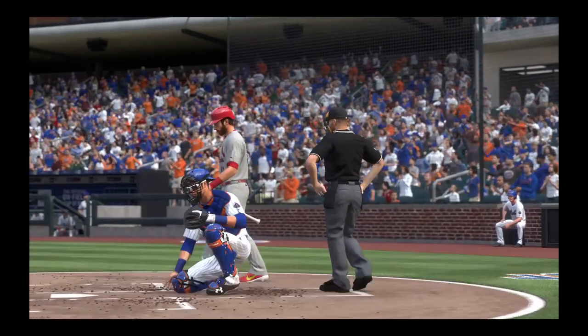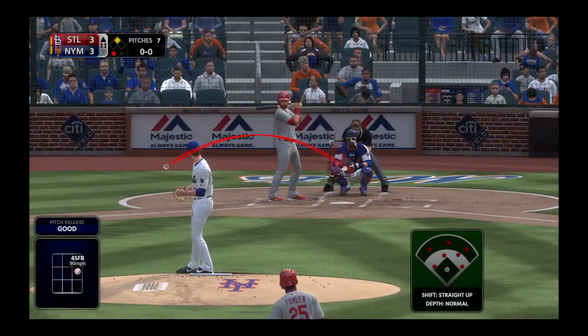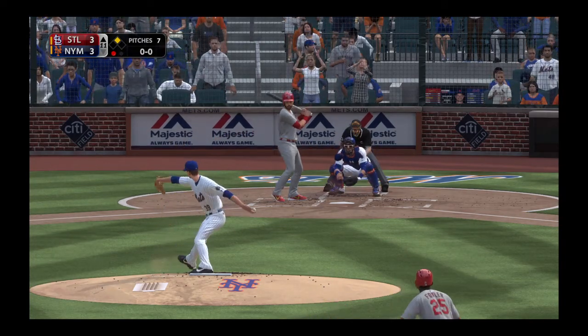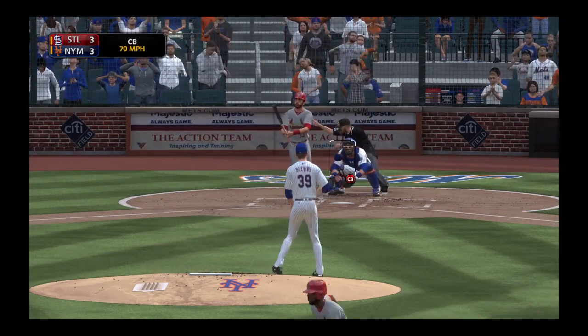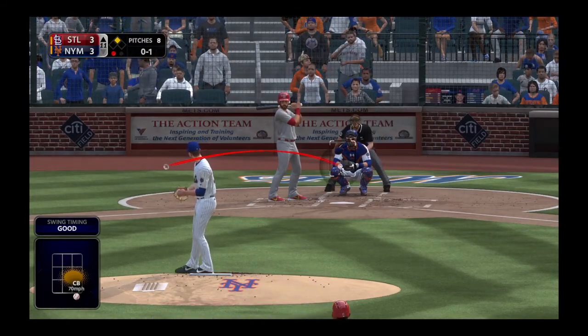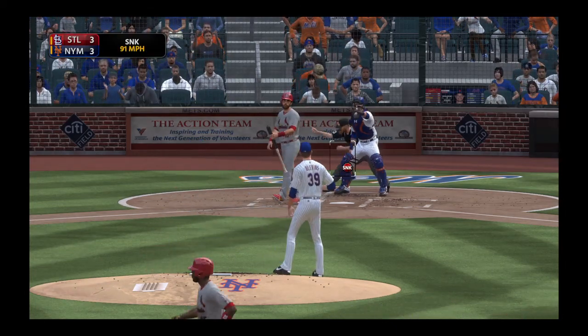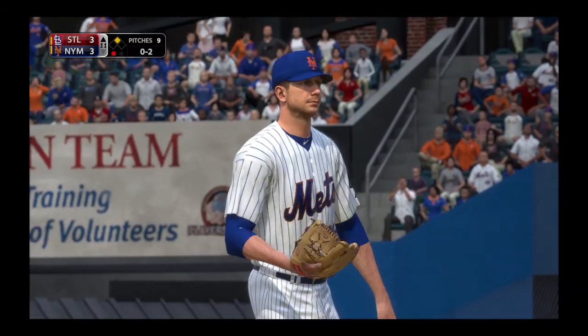Here's Matt Carpenter. His day at the plate hasn't amounted to much. 0 for 4, but this is a great opportunity to make amends. Well, when your team really needs you, like they need it right here, you have to be able to put your personal struggles out of your mind. Right now is all that matters. The 0-1. Couldn't wait back. A swing and a miss. In today's game, it's